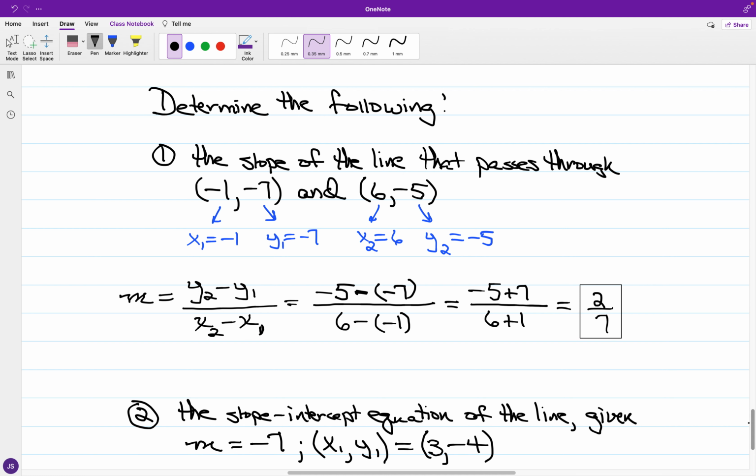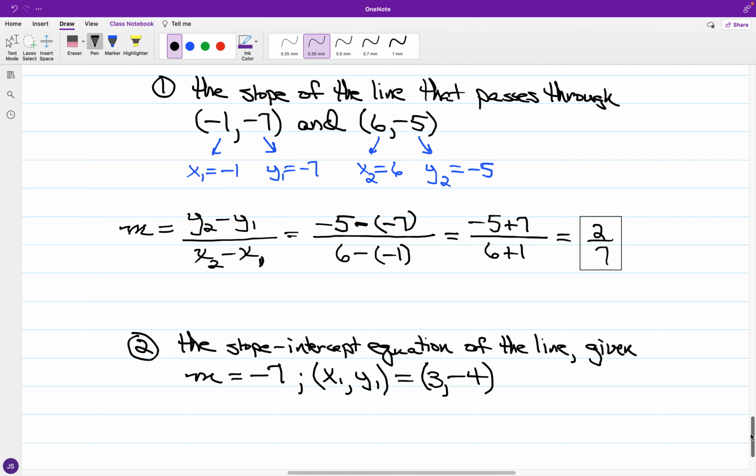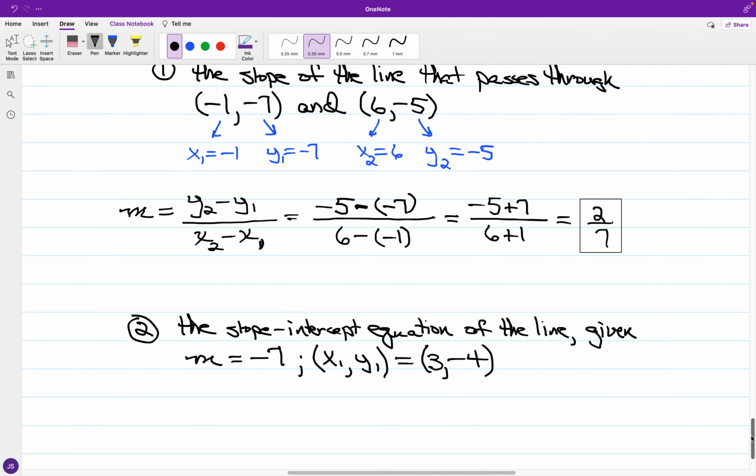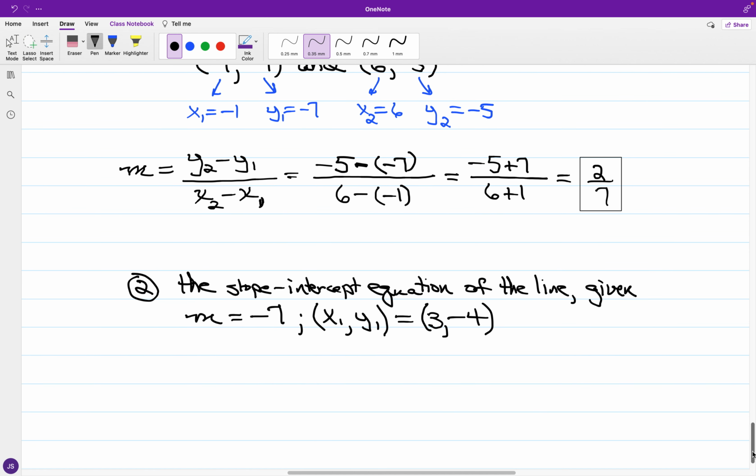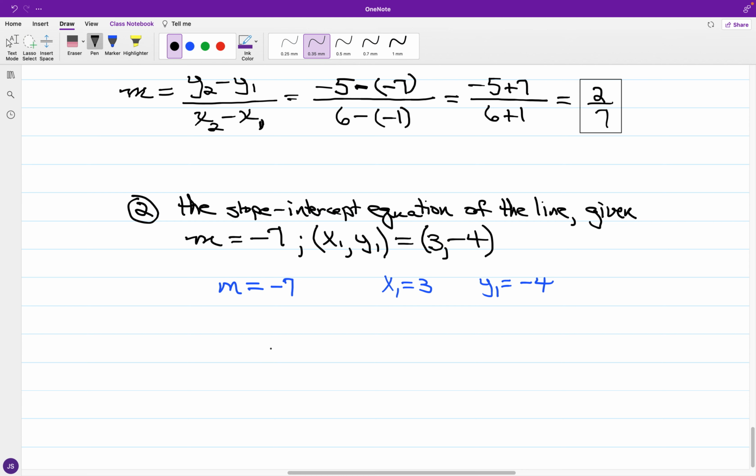All right, now for looking for the slope-intercept form of a linear equation with what we have provided. So we have the slope at -7, and we have the given ordered pair with 3, -4. So we have x of 1 at 3, and y of 1 at -4. And again, in our toolbox we have the slope at -7. So through the point-slope pathway to arriving at the slope-intercept equation,